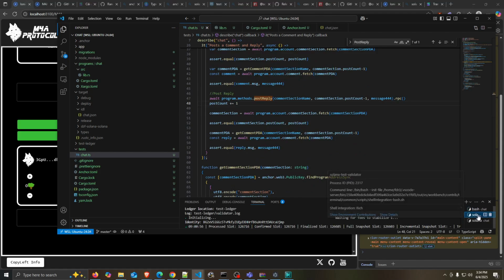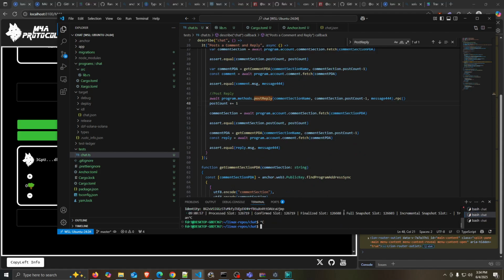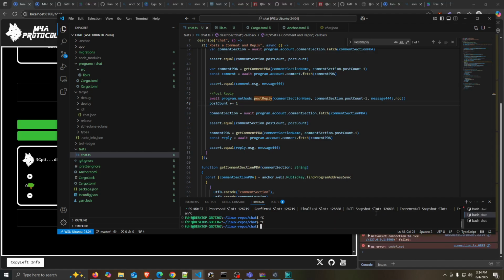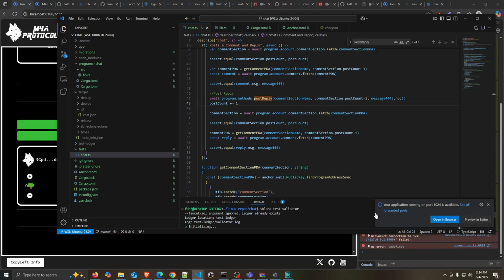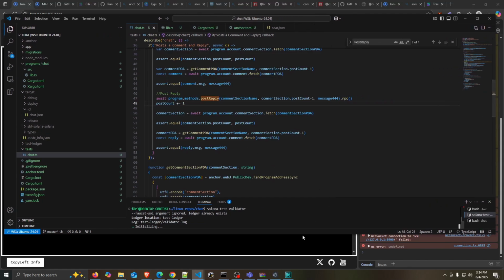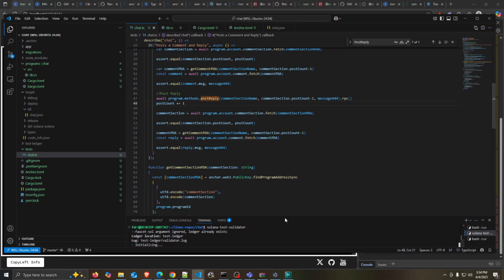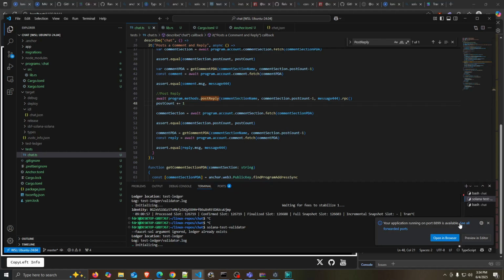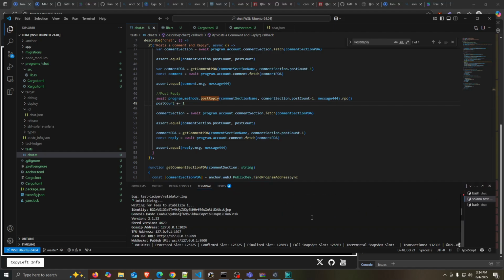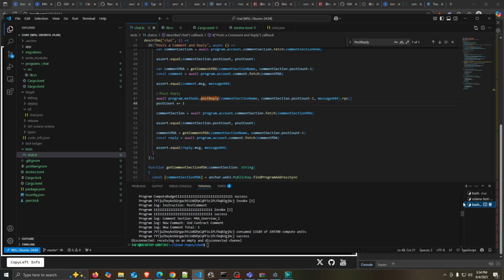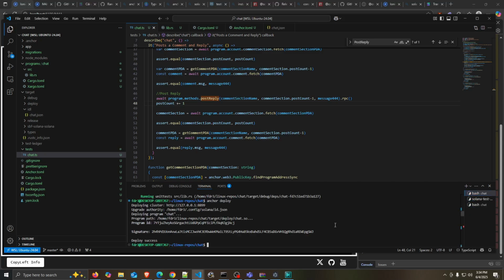Okay, we would have to kill our validator for this. Well, so if we had the Solana test validator running and then we tried to run anchor test, we would get a message that the connection was already taken, basically. So if we wait for this to finish connecting, and also when we kill our test validator, it also kills Solana logs. So now if we try to do anchor build,